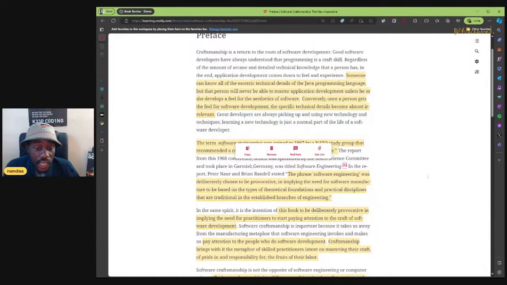And the term software engineering was coined in 1967. I didn't know about this. It was by a NATO study group that recommended a conference to discuss the problems of software. So then software was becoming a huge problem. You can imagine, computers are starting off in the 1950s, and then people are producing software, and immediately we have problems. And NATO is looking into how we solve this problem, and then they said, okay, the answer is software engineering. Let's